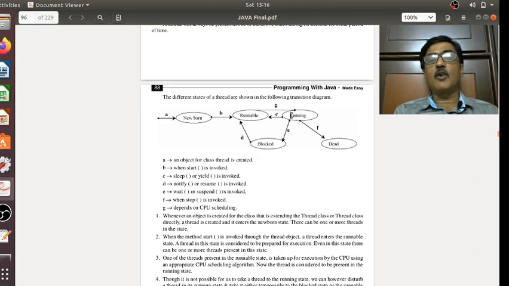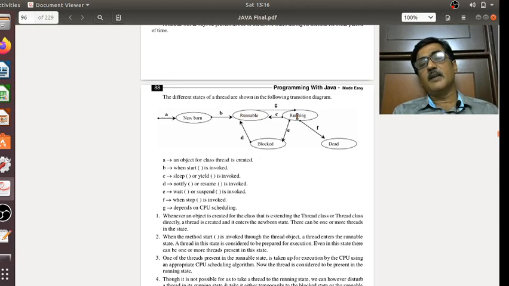If I have invoked the wait method, from the running state the thread enters the blocked state, and now I need to invoke another method called notify or notifyAll to place it back into the runnable state. So the wait method takes a thread from running to blocked, and to put it back to the runnable state, I am required to use the notify method or the notifyAll method.